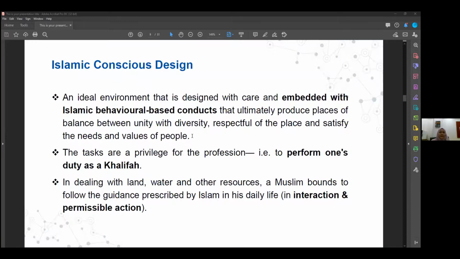All right. The topic of this presentation is called Islamic-Conscious design. It's basically telling us that we need to design to make sure we obtain an ideal environment that we design with care, but also embedded with Islamic behavior-based conduct. And of course, if we have that, that will ultimately produce places that is balanced with unity, but with diversity, respectful of the place and satisfy the needs and values of people, because eventually we'll be designing for the comfort